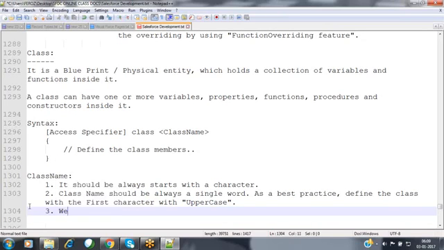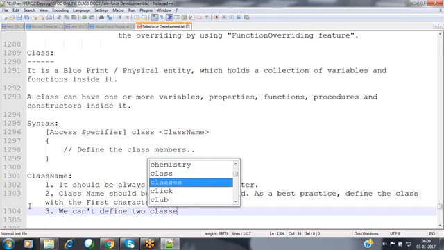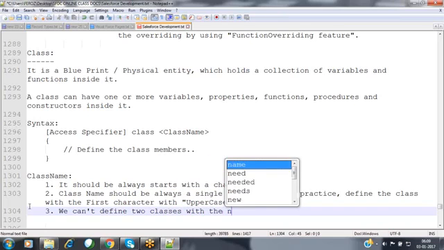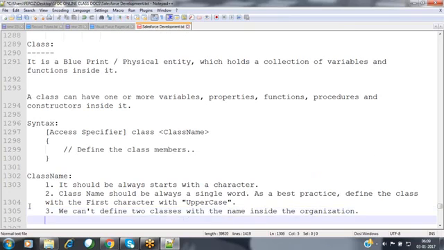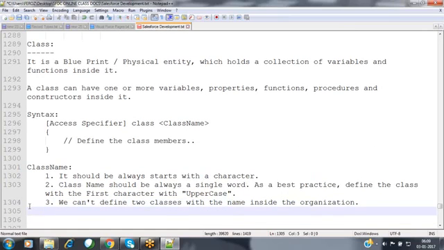And the third one: we can't define two classes with the same name inside the organization. Whenever we are defining classes, the class name should always be unique.